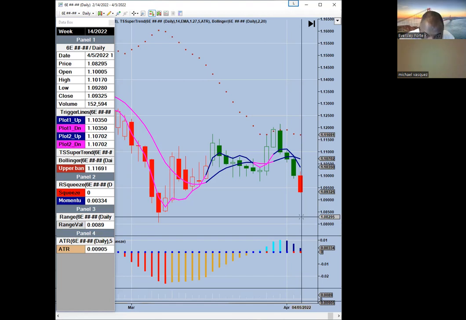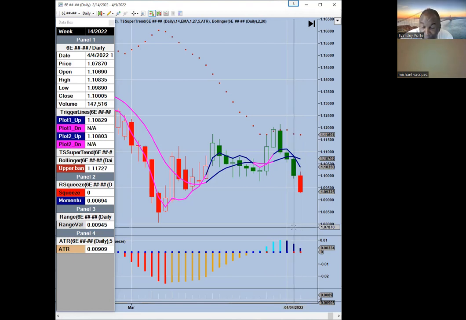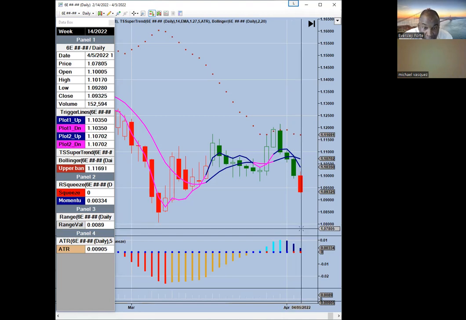Okay, 1.0913. Okay, so now, hey, Van. So now we know our entry price and we know our stop loss. Now we have to calculate the risk on one contract. How many ticks is it? What's the difference between the entry price and the stop loss? So if we got into the trade at 1.0913